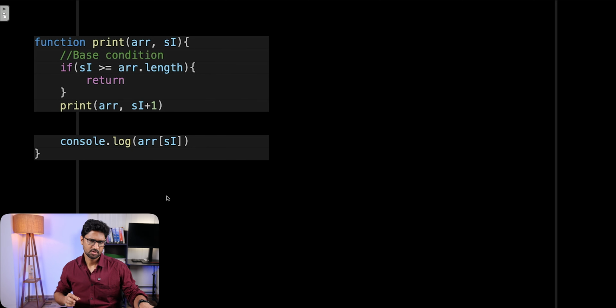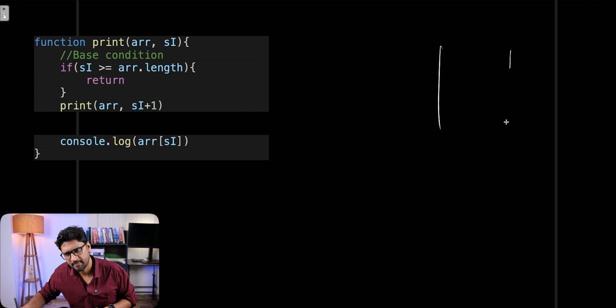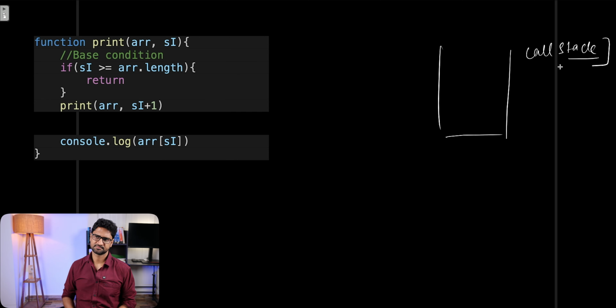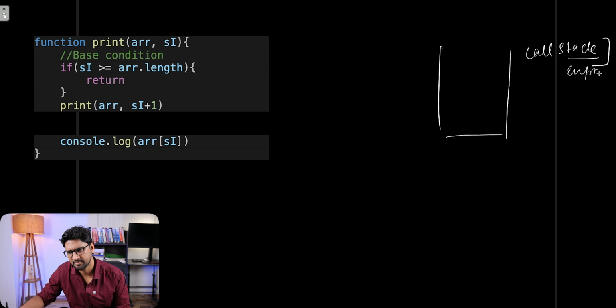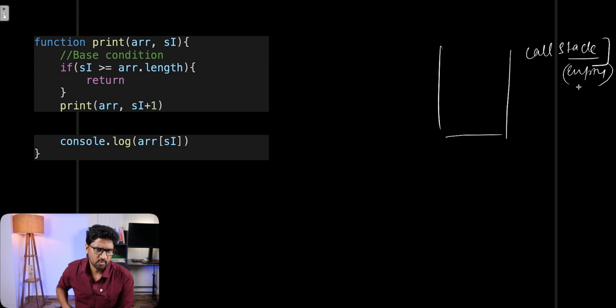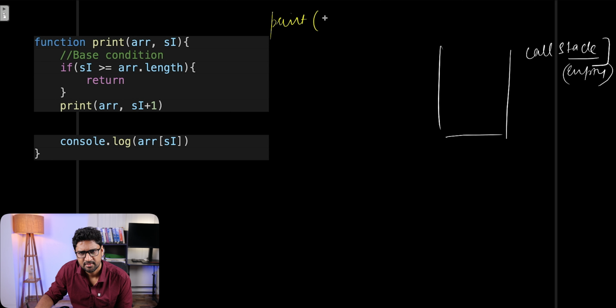Fair enough. Cool. Now, what happens every time you execute code in recursion? Every time you execute code, something called a call stack gets created, or sometimes you also call it a function stack. Before the function is executed, initially the call stack is in the state called empty. Now, as soon as you execute this function, you call print with 1, 2, 3 and pass the starting index value equal to 0. As soon as you call this,